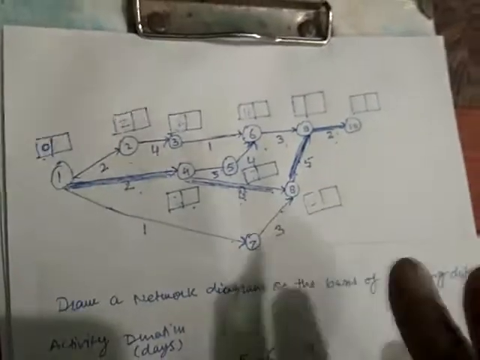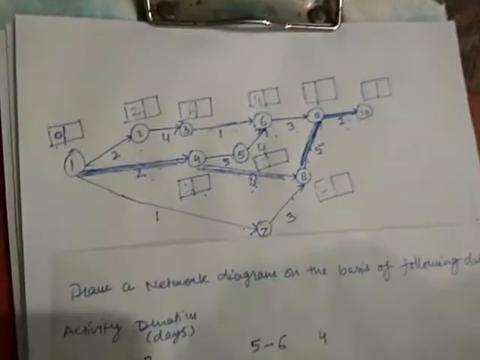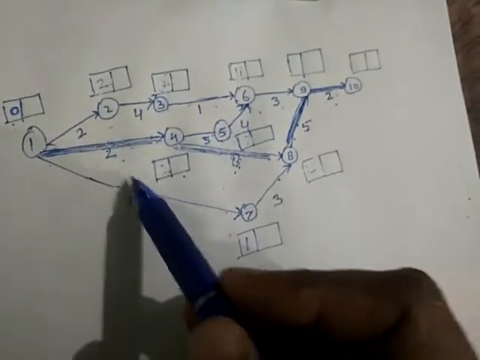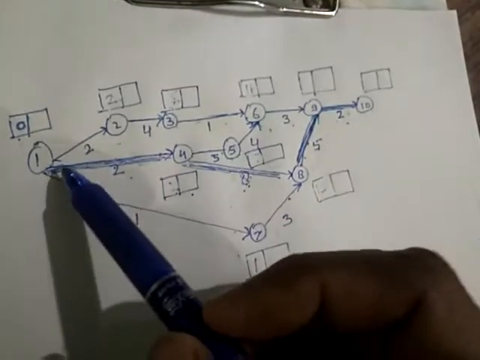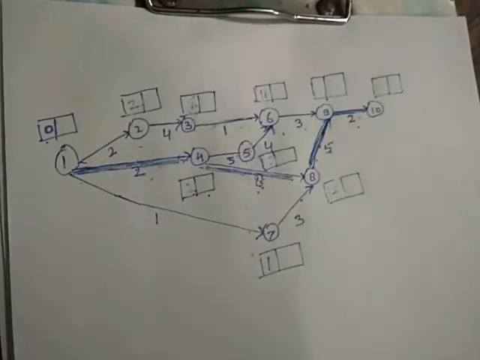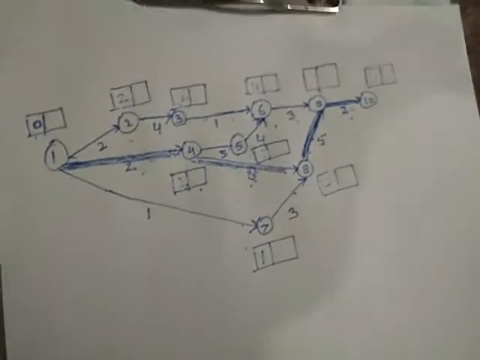So all the activities are present and they are in the same sequence which has been given in the question. So this network diagram is correct. Now for further proceeding, write the duration of each activity below each activity, and now identify the critical path. As I told you in the shortcut, the critical path can be identified before you go for total float and earliest time and latest time of the activities.